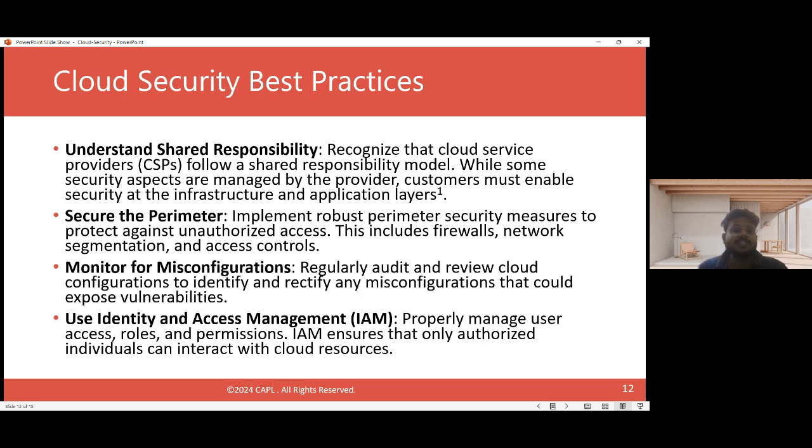So first of all, we need to understand the shared responsibility model. To understand the shared responsibility model, we need to understand about service models: infrastructure as a service, software as a service, and platform as a service. All cloud providers provide SLAs, service level agreements, and all cloud providers provide a global